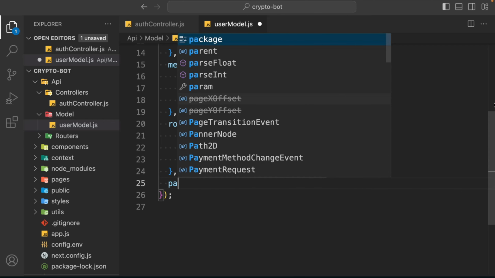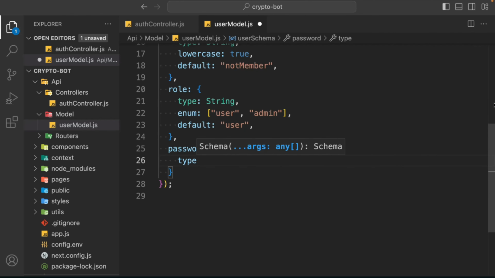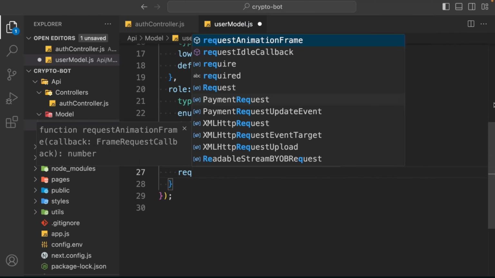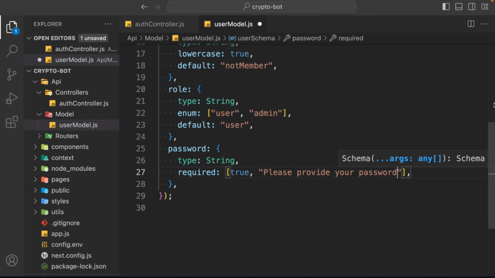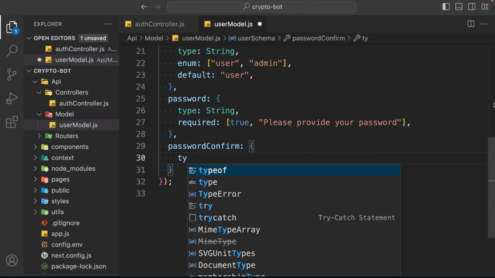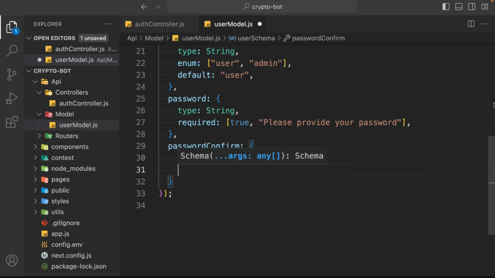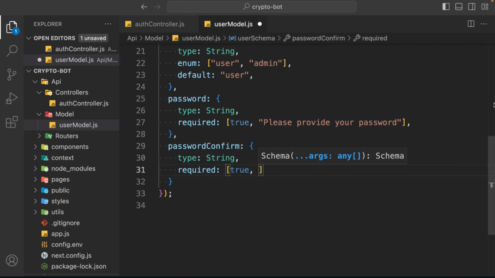So we'll say password, type is going to be string, required is going to be true, and we'll display the error message, please provide your password. And now we have to work on the password confirm. Same thing, it's going to take this type string, and we have the required field, please provide your password,